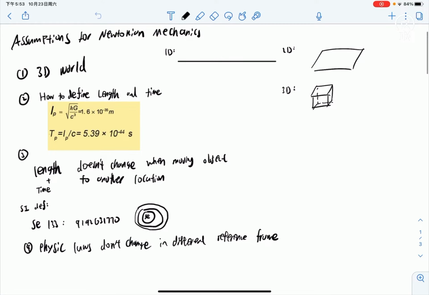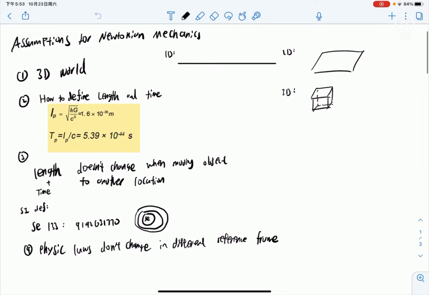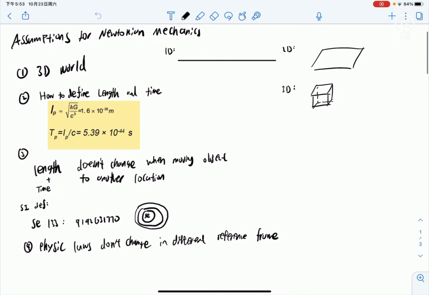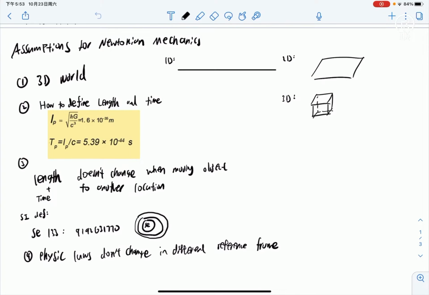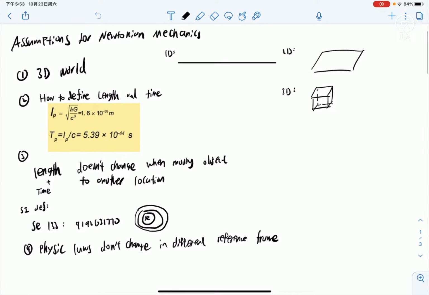Hello guys. Today we're going to take a look at the basics. It is our first physics lecture. So, in our world, in Newtonian mechanics, we assume that the world we live in is a 3D